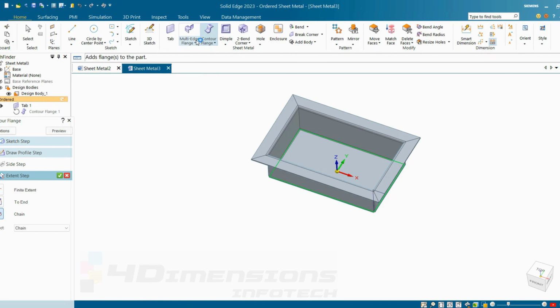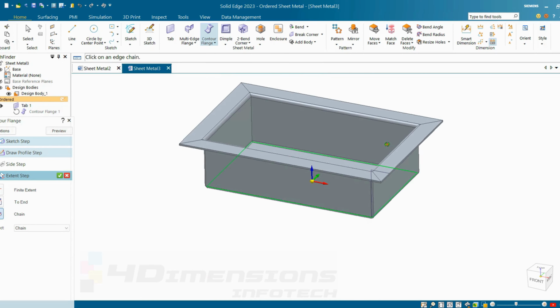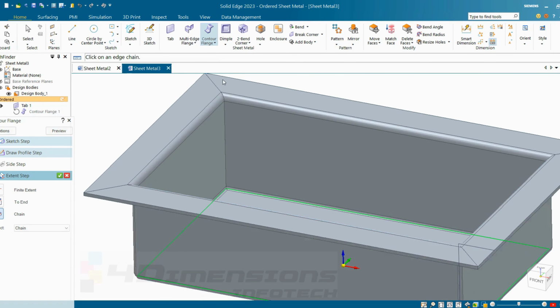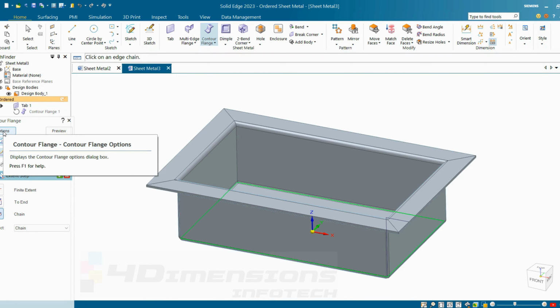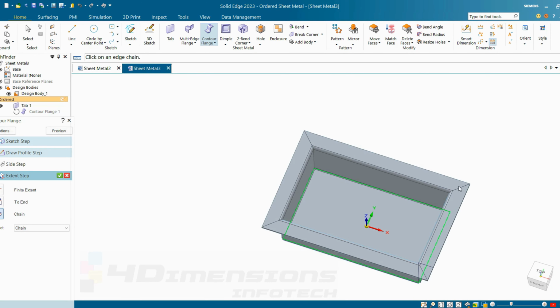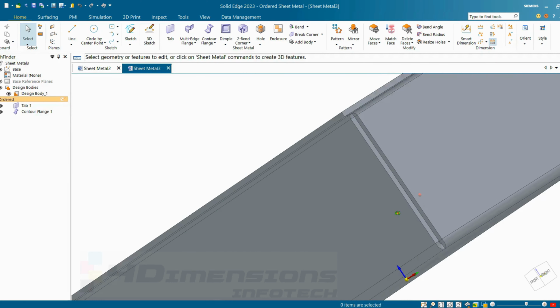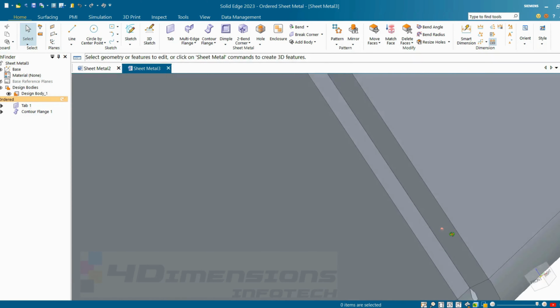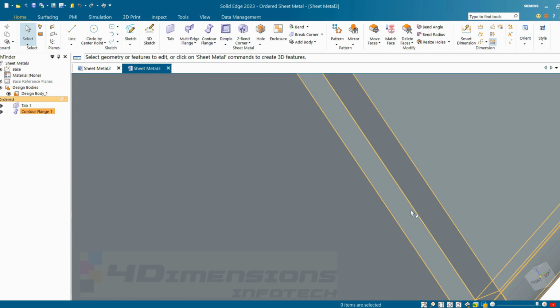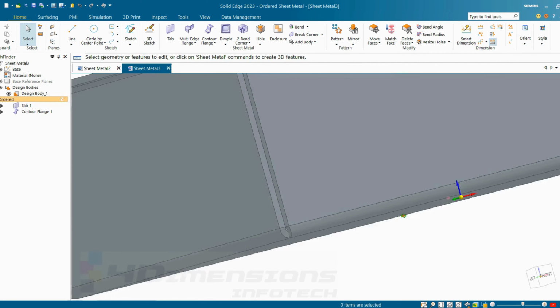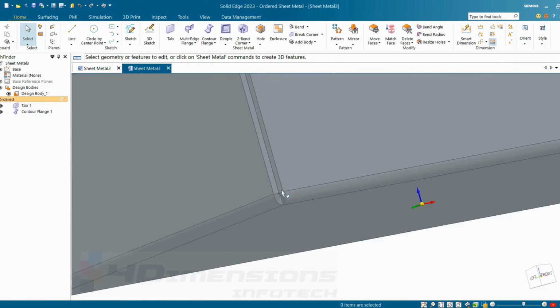This means the flange is coming as a chain over all the edges. Same as the multi-edge flange, but there was one drawback, we cannot treat the corners there. Here we can edit the corner treatments also by going into options, we'll see it later. So you can see these joints are coming as mitre joints. I'll say OK and finish. Now we don't have any gap here. You can see these flanges are connected closely. A small gap is coming at the corners only. Otherwise, we don't have any gaps.